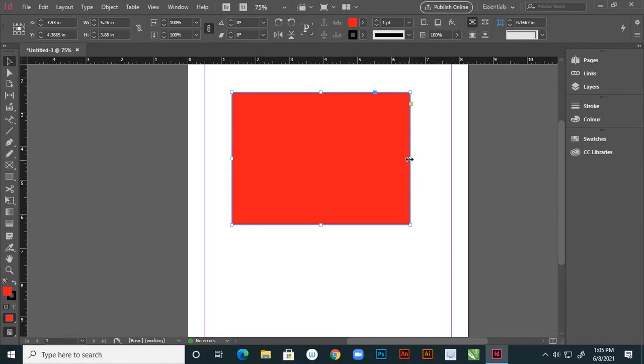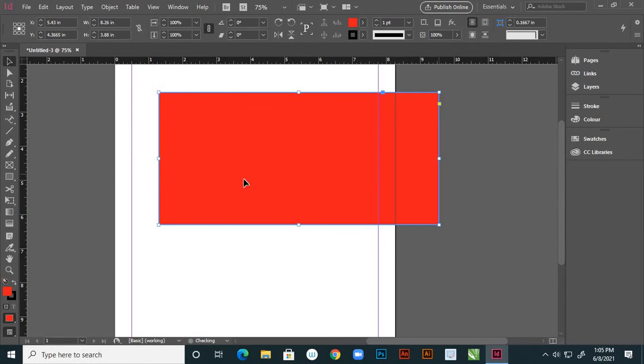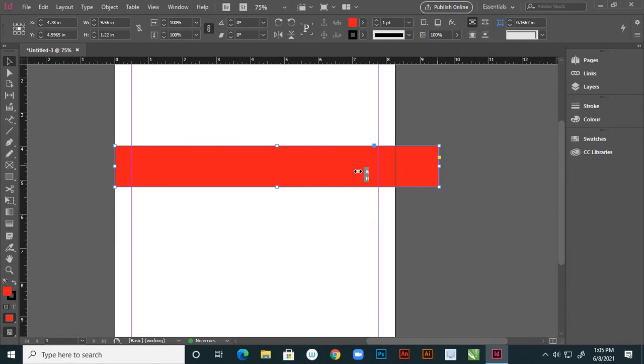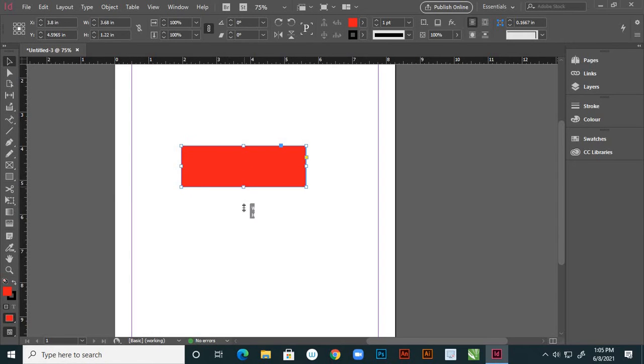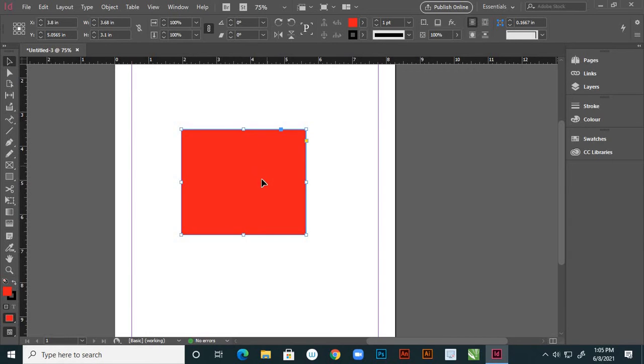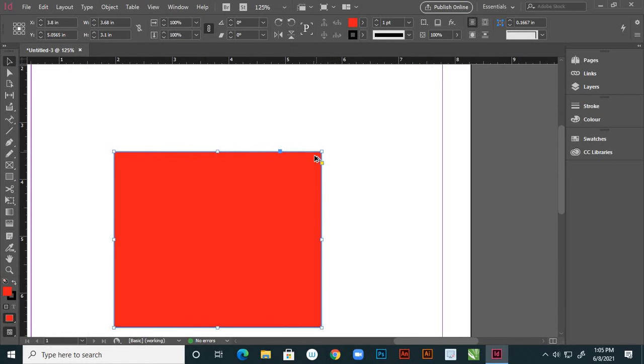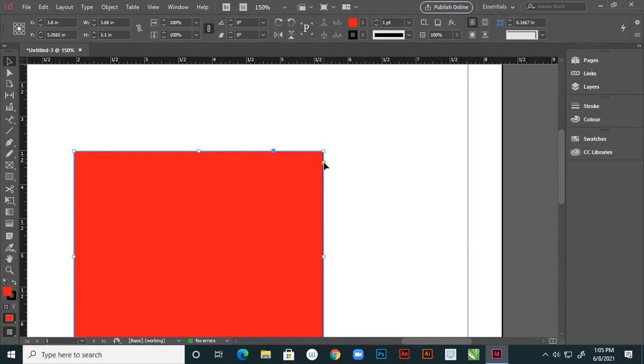And suppose you drag these boxes horizontally and drag this side, right? And vertically also you can increase or decrease the size. You can make it a big size. And if you see here, there is a yellow portion. See here, this is the yellow portion, right?